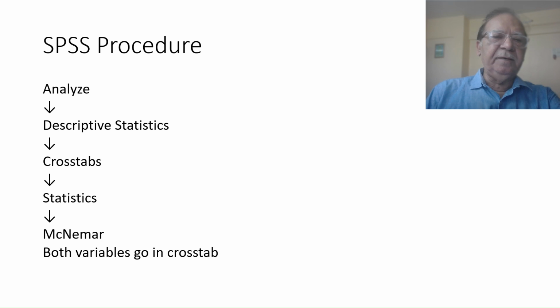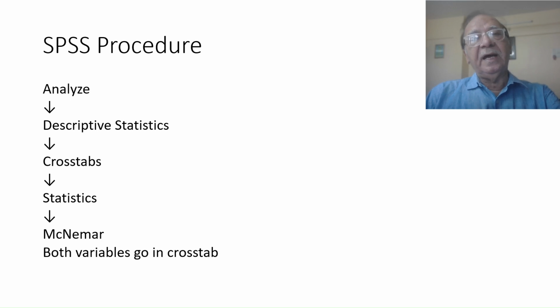You may also keep the chi-square option unchecked because our objective is specifically to perform McNemar's test for paired data. Click Continue, then OK. SPSS will generate the contingency table along with the McNemar test results. Remember, unlike the ordinary chi-square test, this analysis recognizes that observations are paired. Every row in our data set represents the same individual measured twice. Let us perform